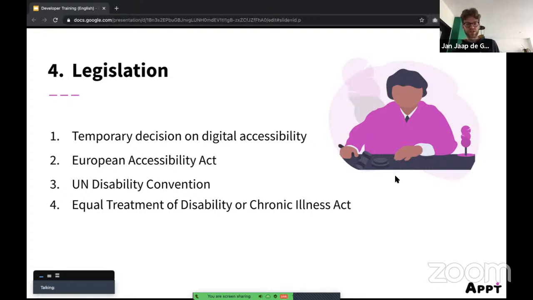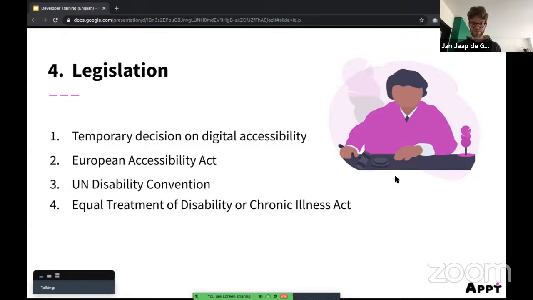So in the Netherlands, it means that from 23 September 2020, so last year, all websites from government agencies have to be accessible. So not all apps, but just apps from governments. And this year, on the 23rd of June, apps also need to be accessible. So for example, the Corona Check app or DigiD app or any app from governments, they need to be accessible.